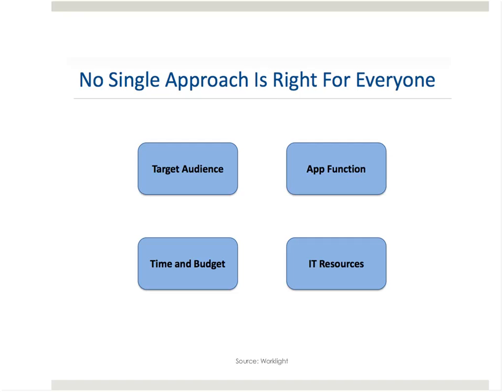So we've sort of had a quick look at what an app or a mobile website is. And the key thing here to remember, I think, is that there's no single right approach. So if you Googled mobile apps versus mobile websites, for example, you get lots and lots of content, lots of debates online about which is better. In my view, I think the key things for an organization to think about is, firstly, what is your target audience?